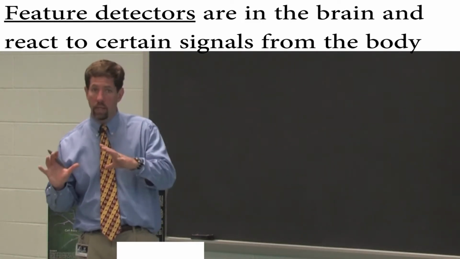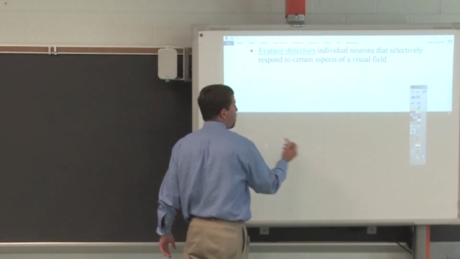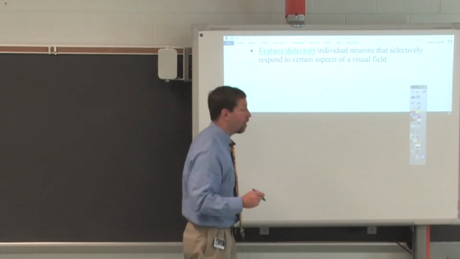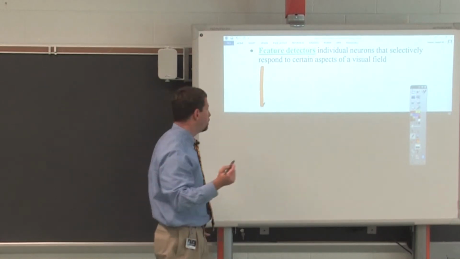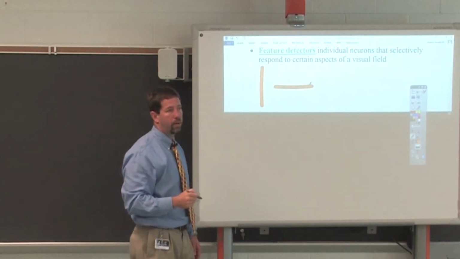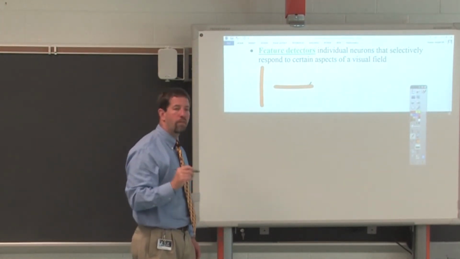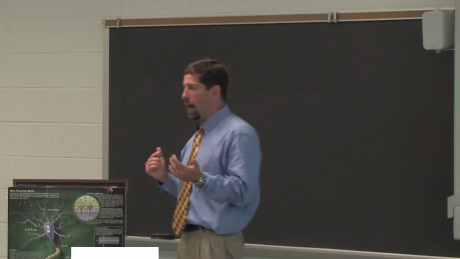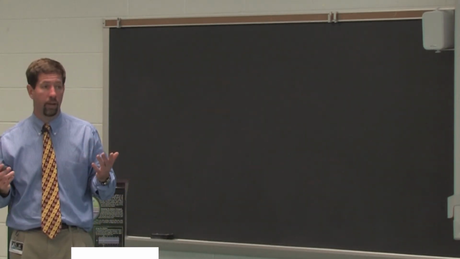Feature detectors are another type of individual neuron, and they're tempting for us to jump on because they're so elegantly simple. A feature neuron is like one neuron that allows us to see one physical feature in the environment. So we could have one single neuron for a vertical line, one single neuron for a horizontal line. Maybe we have a feature detector for a certain wavelength of color. Maybe we have a feature detector for a certain shape or a corner or an edge. Seeing a vertical line, seeing contrast between light and dark is a relatively simple thing.